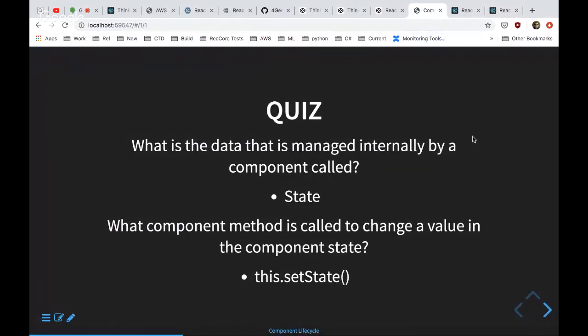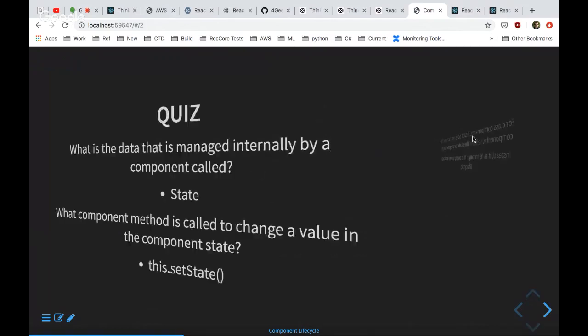Hopefully there are no questions on that. We've only talked about setState once, in state, most of the class, and we didn't do as much talking about setState. So maybe not everyone got that, but it shouldn't be too hard.